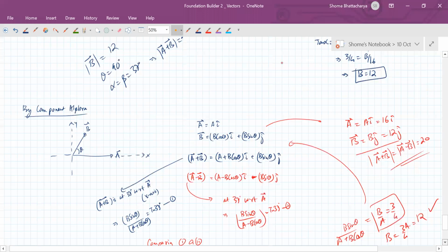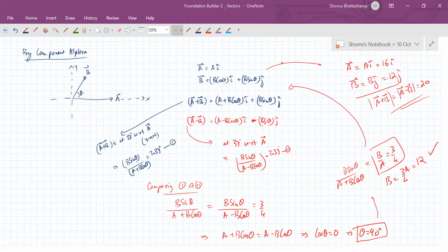So we'll conclude here today. Now I'll be sending you another worksheet, which is based on special questions adapted to this kind of inequality type of problems, as well as vector addition and subtraction involving the special cases of parallelogram law. So try that along with worksheet 3, and next time we will discuss doubts along with component algebra again. Now we are coming towards the end of vectors, so very soon we will be coming to products of vectors, that is dot product and cross product. Another few lectures and we'll be done with vectors after that.